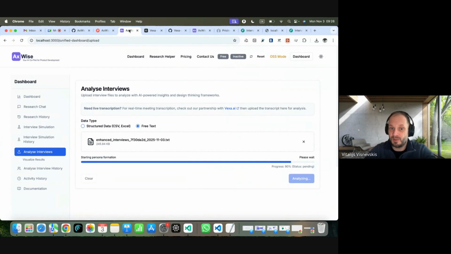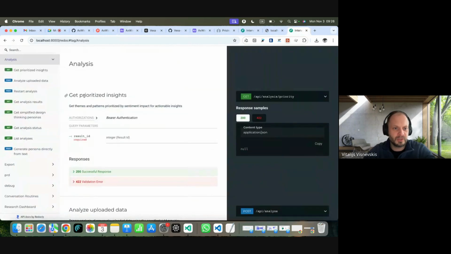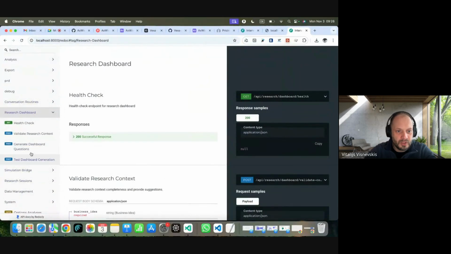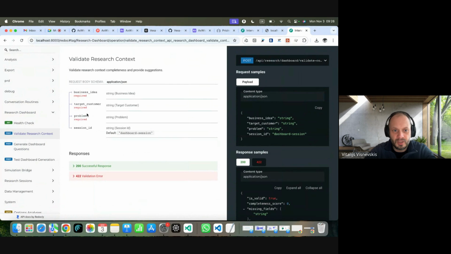Or I can give an answer. So you can take, let's say, okay, for every ticket I need a target audience, like what's the problem, and target problem, and what was the last one? Conversational routines, research, simulation, generate, validate, research context, target, business idea, and problem. So these three strings, if they exist, let's say in the Jira, you can easily have a small wrapper. Let's say you're writing a what, why, how ticket. It will translate, map it to this one and run the analysis itself.